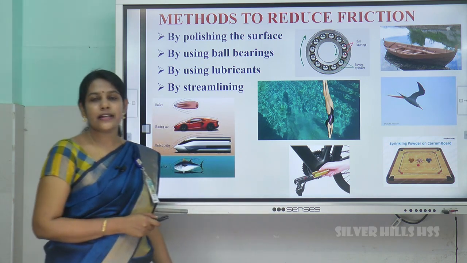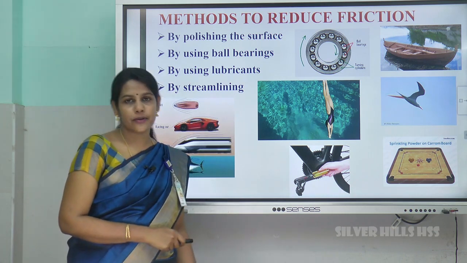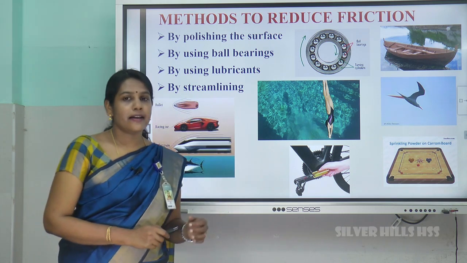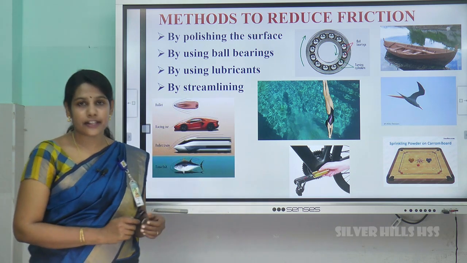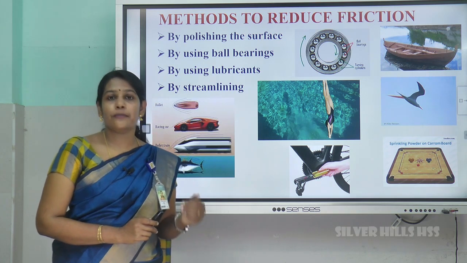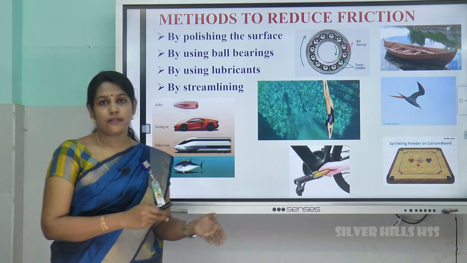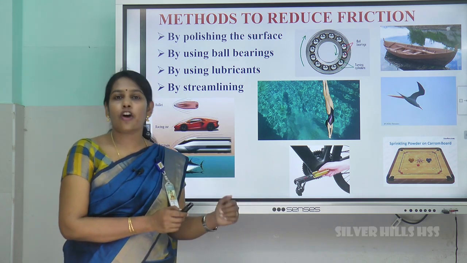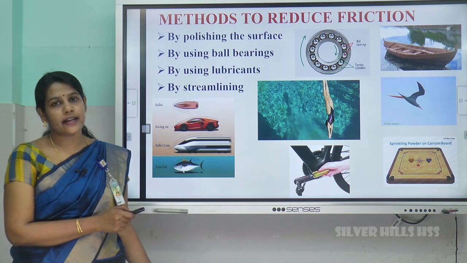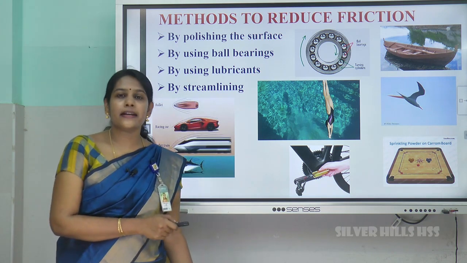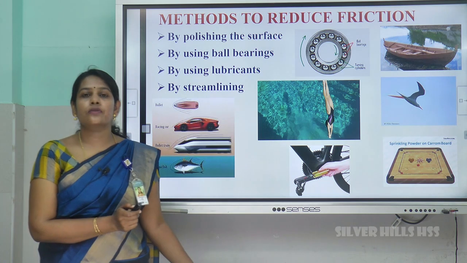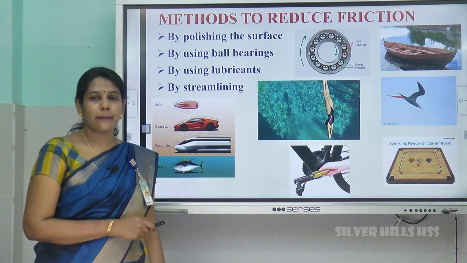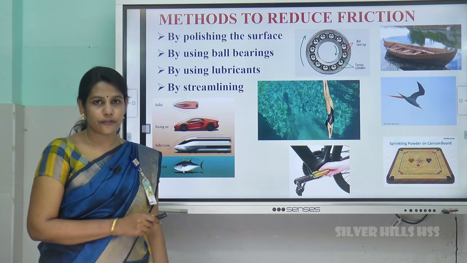The third one is by using lubricants. By using lubricants you can reduce friction. For example, we can apply lubricants in the axle of the gate, then hinges of the windows. Some lubricants applied are oil, for example coconut oil, then grease, etc. They are normally liquids, but we have a solid lubricant, that is graphite. This lubricant creates a separate layer in between the two surfaces in contact and it stops the surfaces from coming into direct contact, and the friction is reduced.